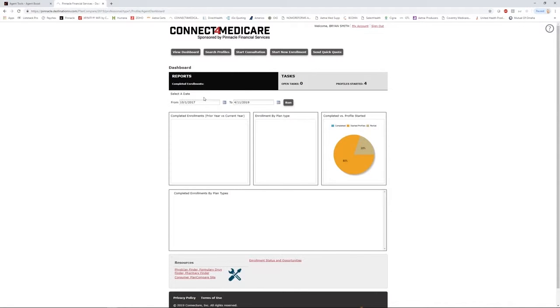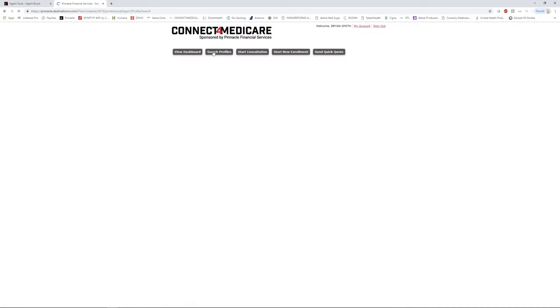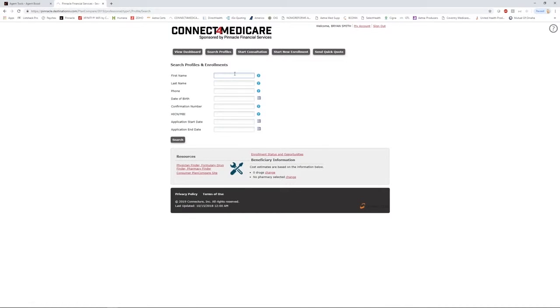So this is the Connect4Medicare dashboard. You can select a date range to run a little report of your completed enrollments, enrollment by plan type, all the profiles completed versus started. You can search for profiles previously created if you're looking for someone. And that's what we'll do right here. Up at the top where it says search for profile, just type in a client's name, the first 3 letters,